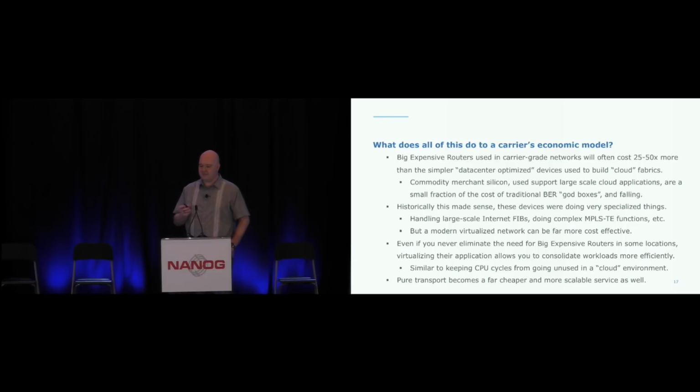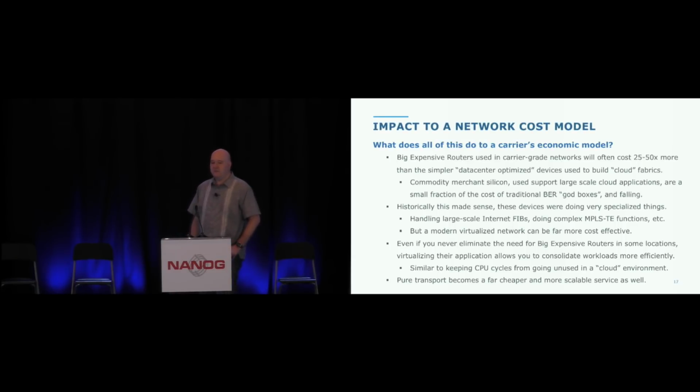It changes the economics in a way that is very compelling for providing these kinds of traditional NSP services. So what does all this mean from a carrier economic model? Well, if you look at the big expensive routers that are out there, and it doesn't really matter who your vendor is, these are all standard industry prices. It's pretty typical to see a price difference of about 25 to 50x between a fully functional, high-featured, massive native BGP speaking device, a modular full router, and whatever your simple, cheap data center networking design device is, that doesn't necessarily need to have those functionalities.